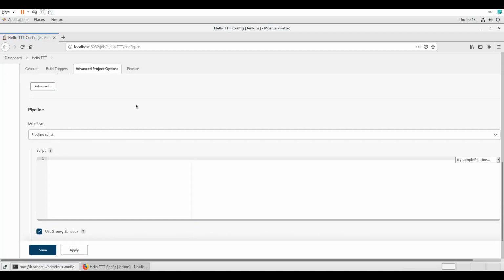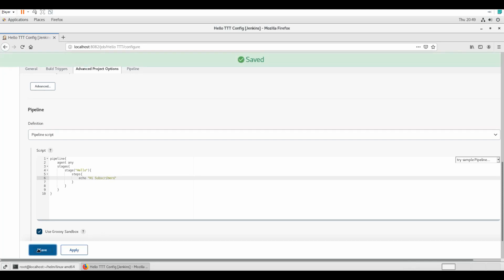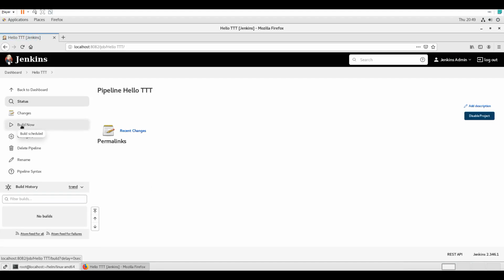So you can go to the advanced project options, and you can write your script, whatever script you wanted to write. For example, if I want to write pipeline, I'll just say pipeline, and agent as any, and I'll do stages, and I'll say stage as hello, and I'll give steps, right, and I'll say echo hi subscribers. Okay, simple thing. Okay, so I'll just apply, and I'll say save, and if I do build now,